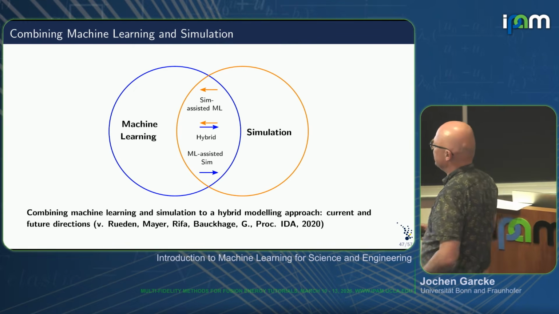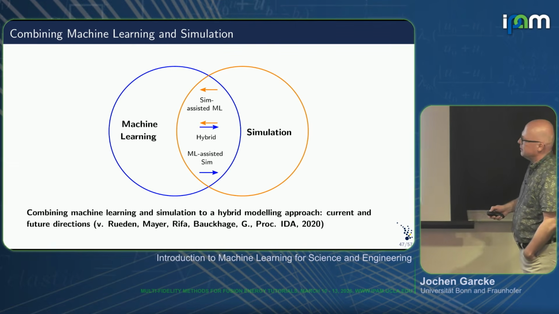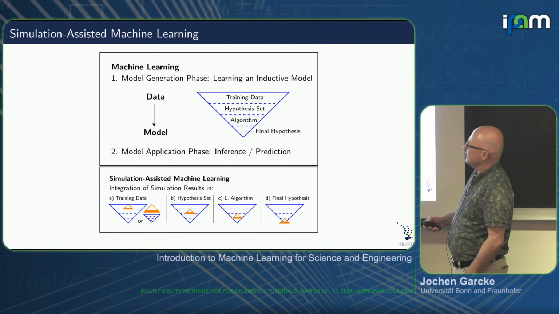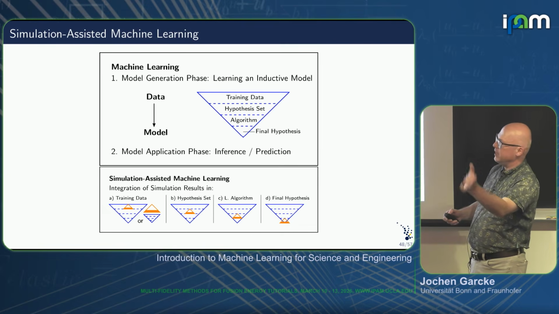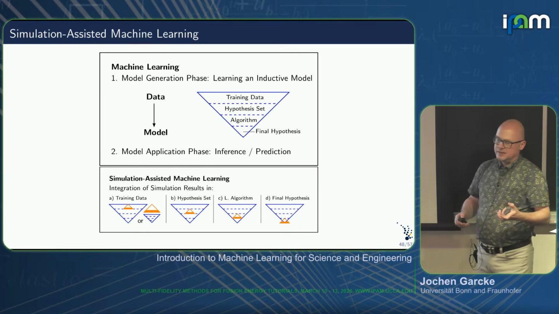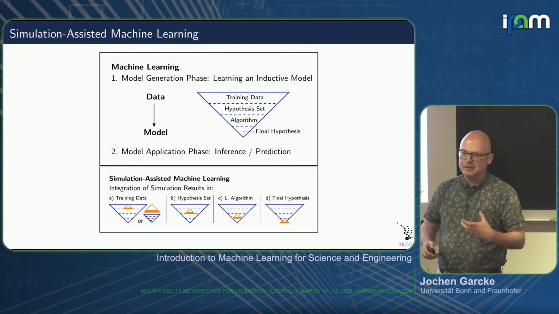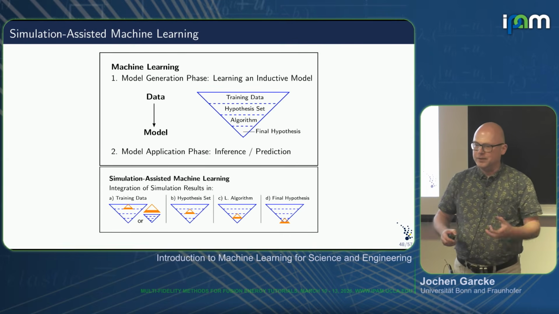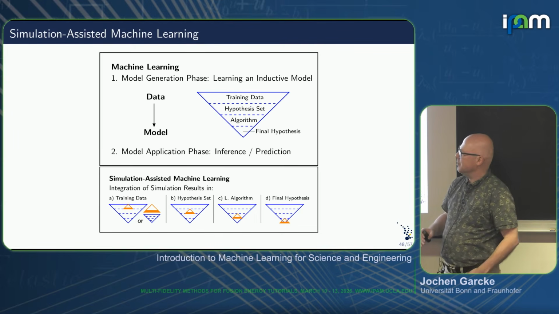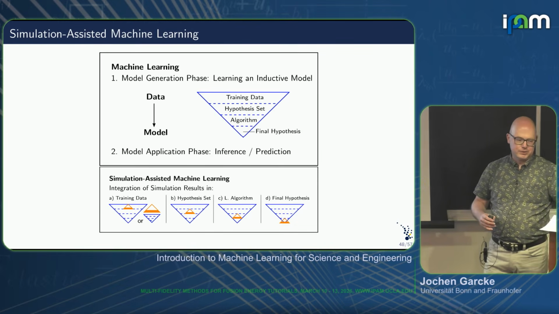So now about combining machine learning and simulation. We had a paper a couple of years ago on that. So you can use that in both views: you can use simulation in machine learning, or you can use machine learning in numerical simulation. The most classical way in machine learning is that simulations give you training data, synthetic data. A common example is autonomous driving. They run lots of simulations of visual setups to generate additional training data for the autonomous driving setups.